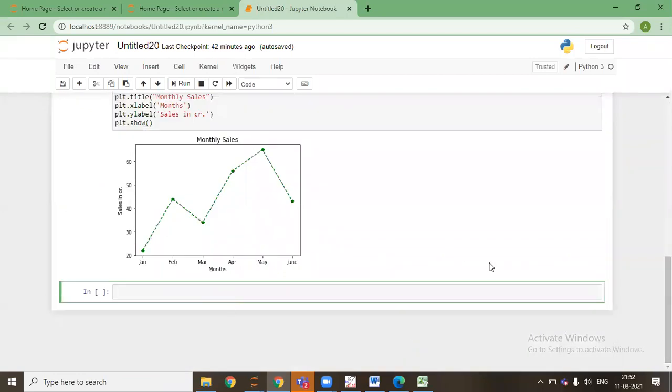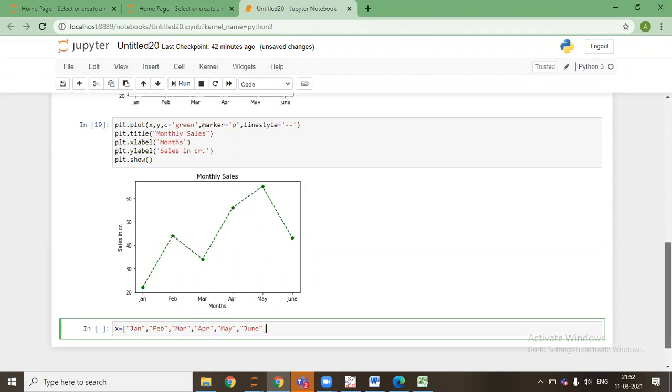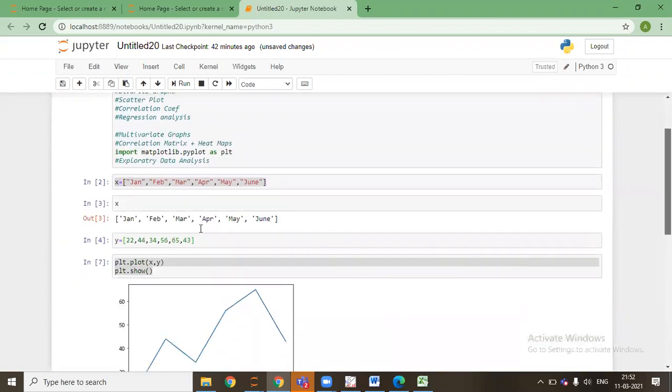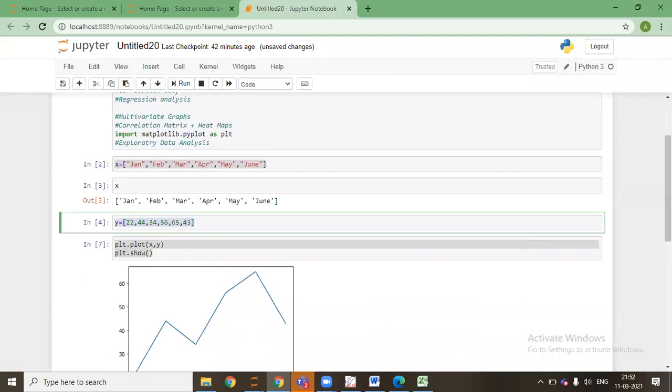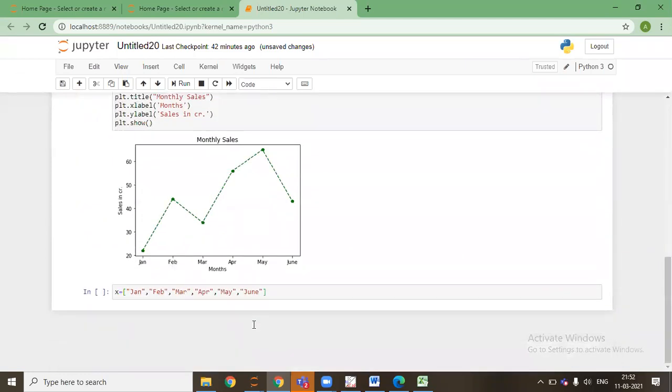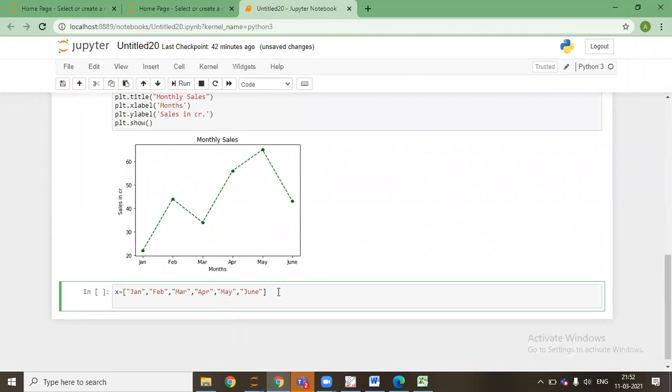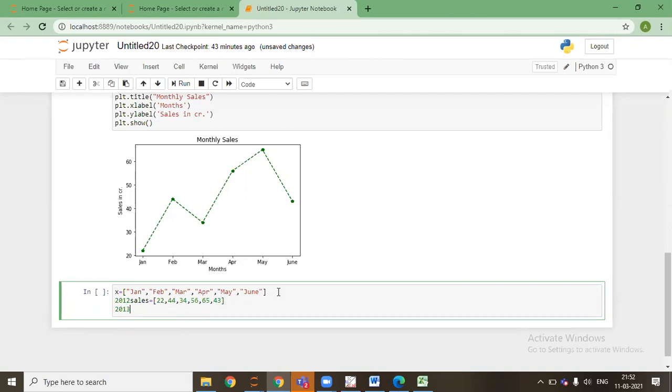I'll add 2012 sales and another, 2013 sales, with values 34, 46, 56, 66, 44, and 45.